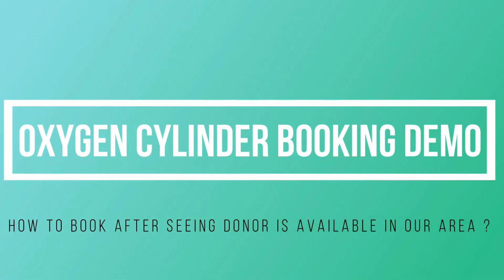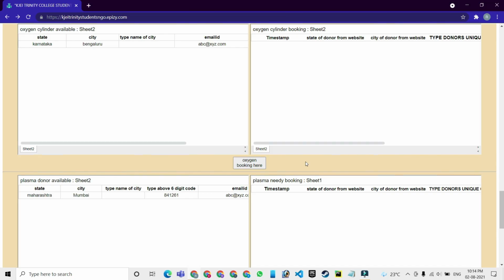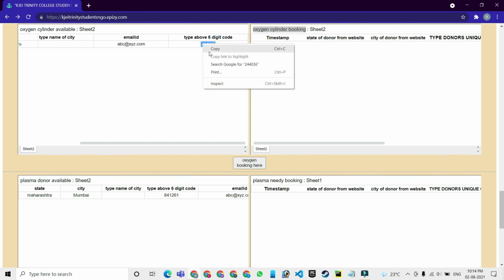Now I am going to show you how to book an oxygen cylinder after seeing a donor is available in our area. So here we go. First of all, after seeing the donor is available in our nearby area, we have to copy the code first.